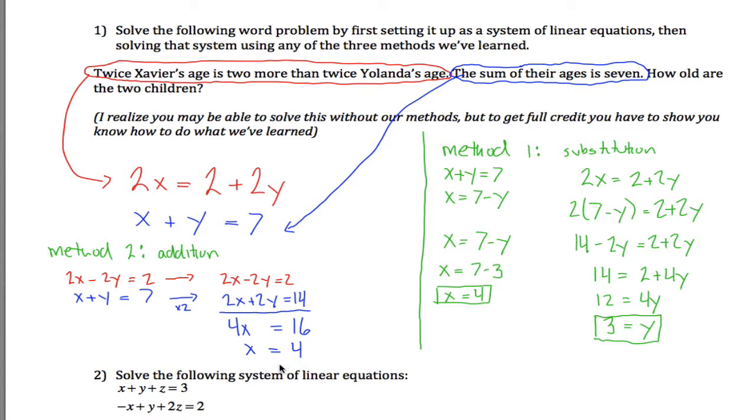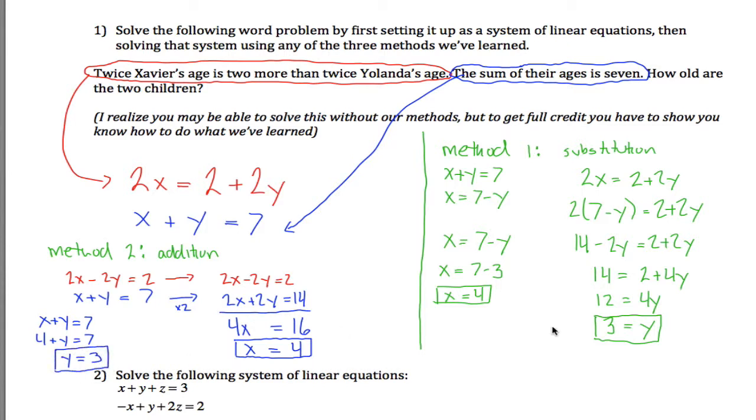And now that I know what x is equal to, maybe I should put that in a box. I can plug that into one of my equations with x's and y's to figure out what y is equal to. I know that x plus y is equal to 7, and since x is 4, I really know that 4 plus y is equal to 7. So if you subtract 4 from both sides, you get y equals 3,